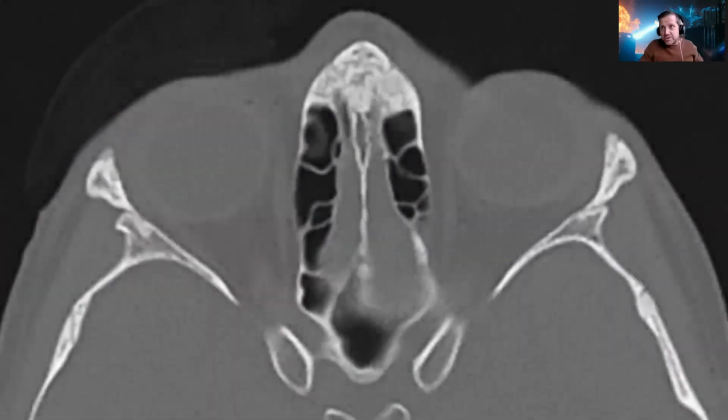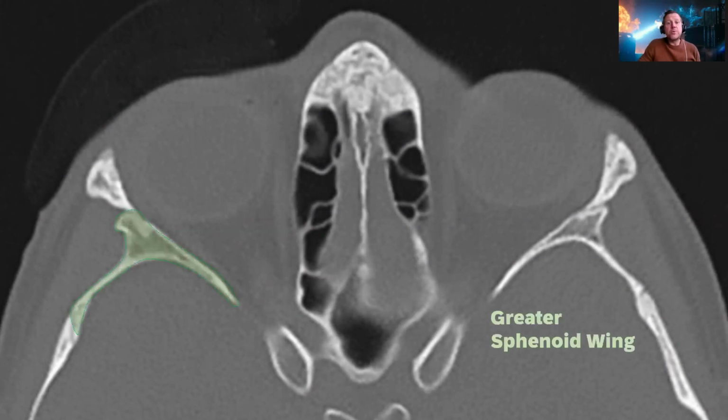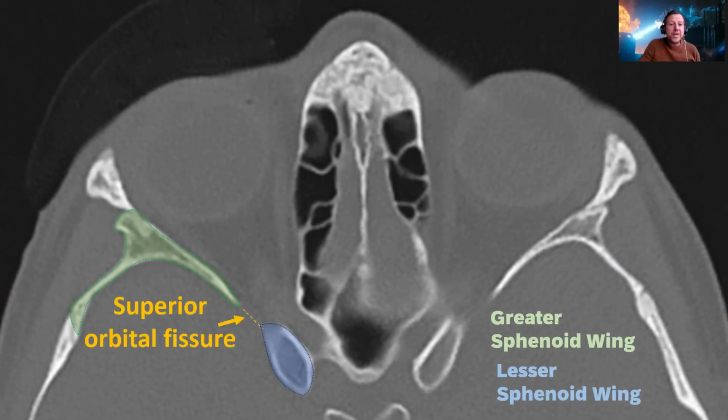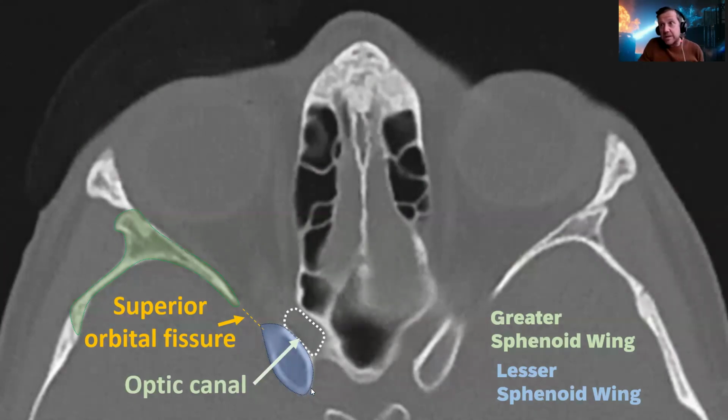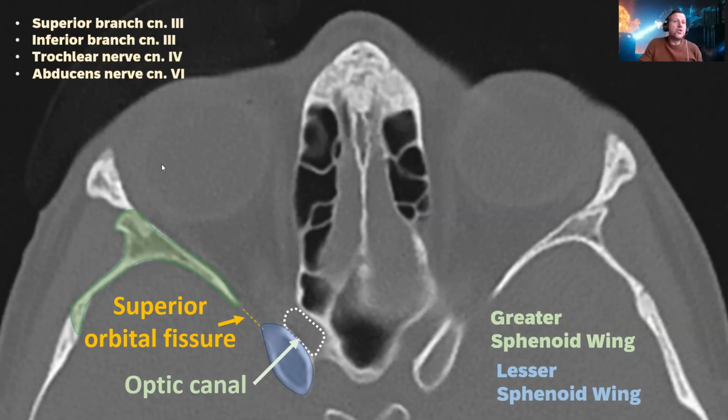So can we recognize the superior orbital fissure on plain axial CT images? Yes, we can, without much of a problem. The superior orbital fissure is located between the greater and the lesser sphenoid wing. So it's located over here, and it's typically located laterally of the optic canal. Through the optic canal enter the optic nerve and also the ophthalmic artery, and through the superior orbital fissure